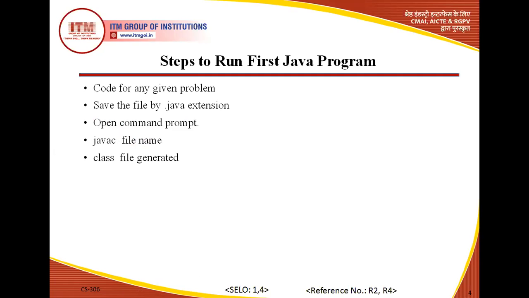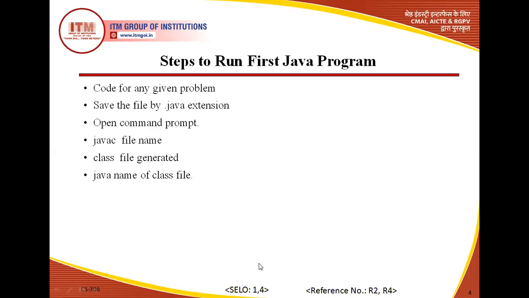After that, the class file gets generated and is stored at the given place. And in the last step, the command is java. Java here stands for the interpreter, followed by the name of the class file. Clear? Don't write the extension: if the name of our class file is test.class, we simply write java test. So let's see these things practically.